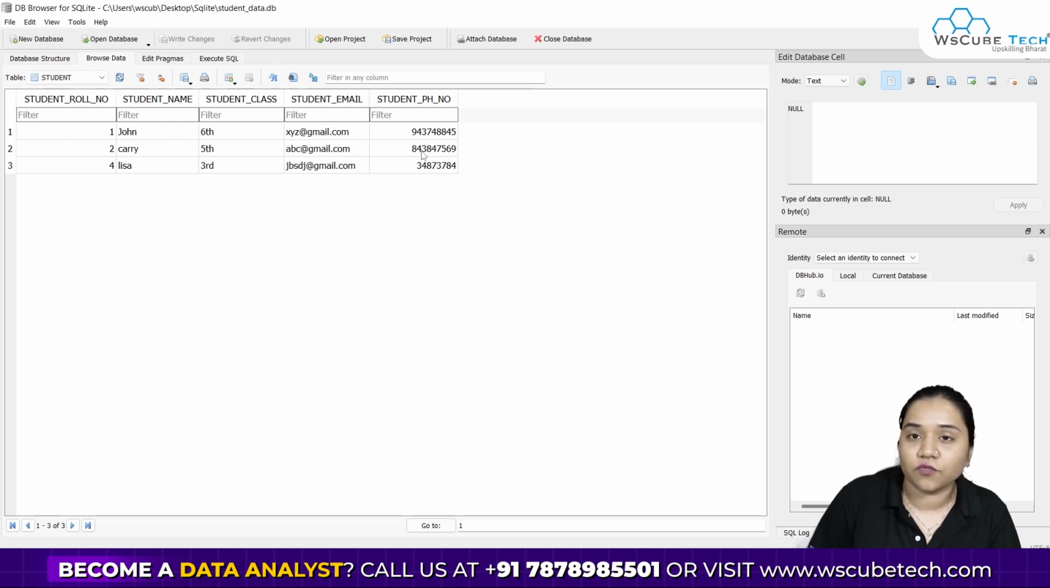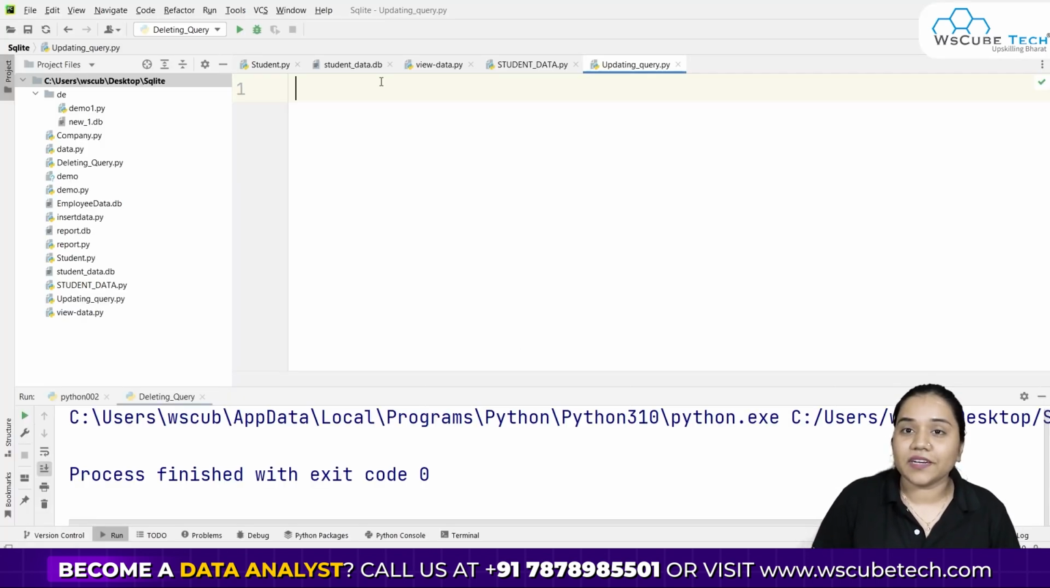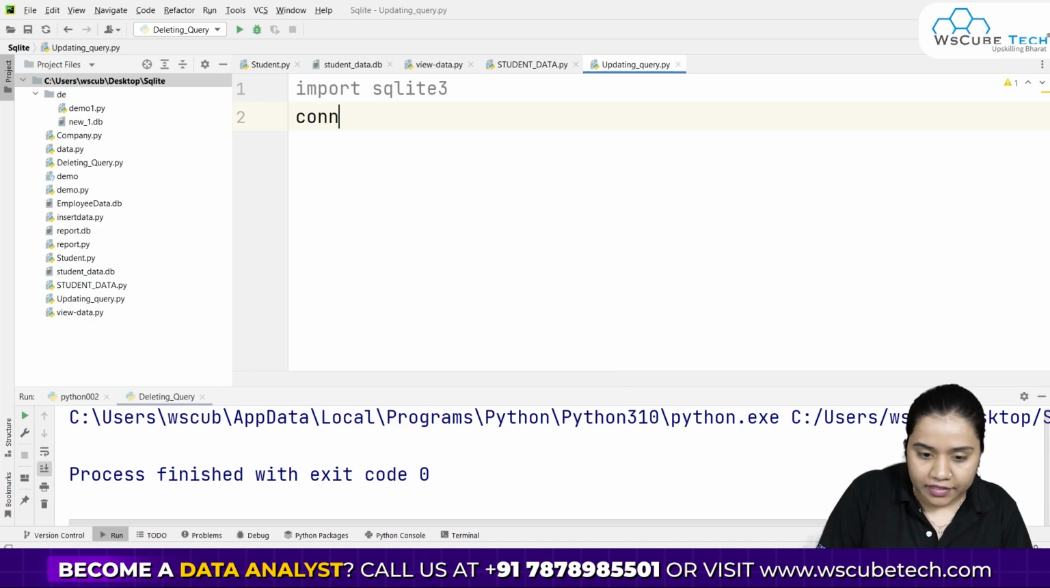Now they have changed their phone number over here. So we need to provide it with a new phone number. That means we have to update it over here. So for that, we will be using our update query. Let's have a look at how we can use our update query. To update a data over here, all you need to do is write import sqlite3. After that, we will build a connection over here. That connection is equal to